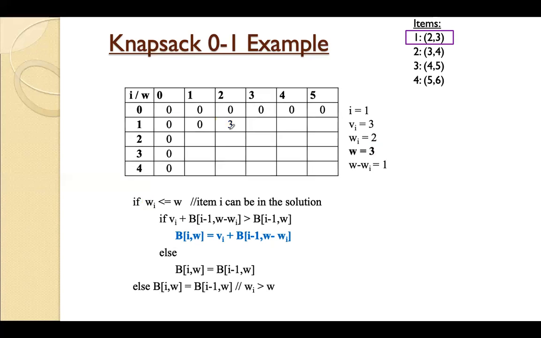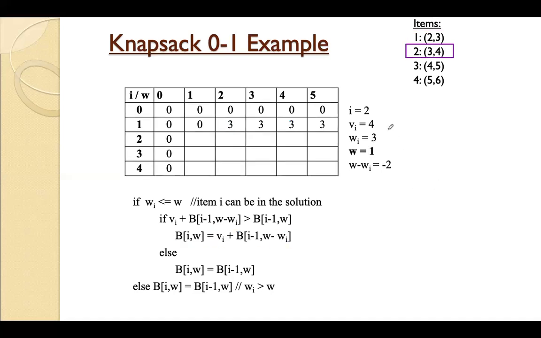Next, I will be 1 itself. W is equal to 3. W is equal to 3 means the rest of the things will remain the same. Only we are in the first item, so we'll write the 3 as it is. Again, W is equal to 4. We'll write the same item here also. W is equal to 5. We'll write 3, same. The same instruction will be executed. Next, we'll go to the second row.